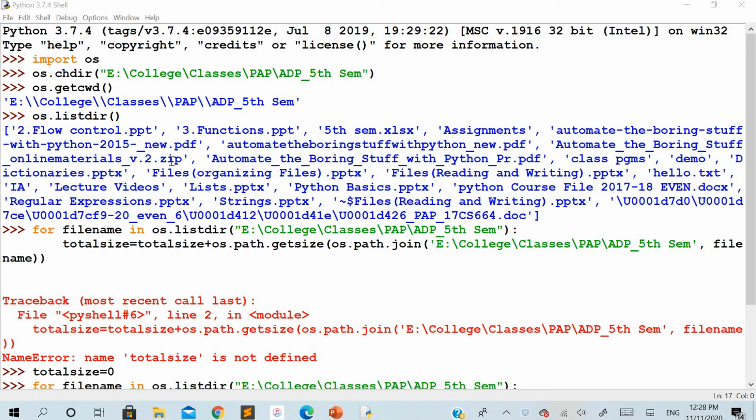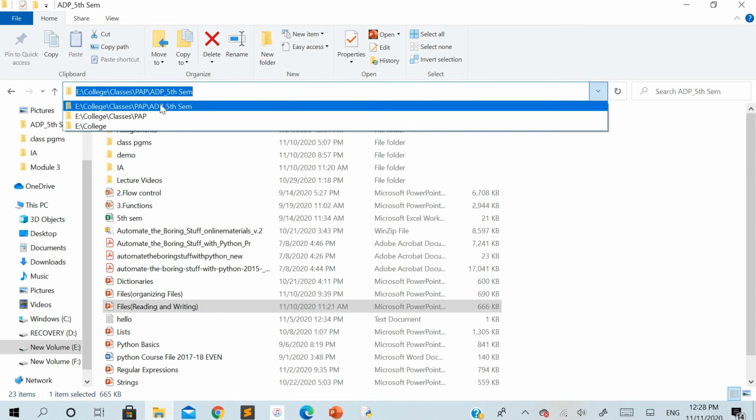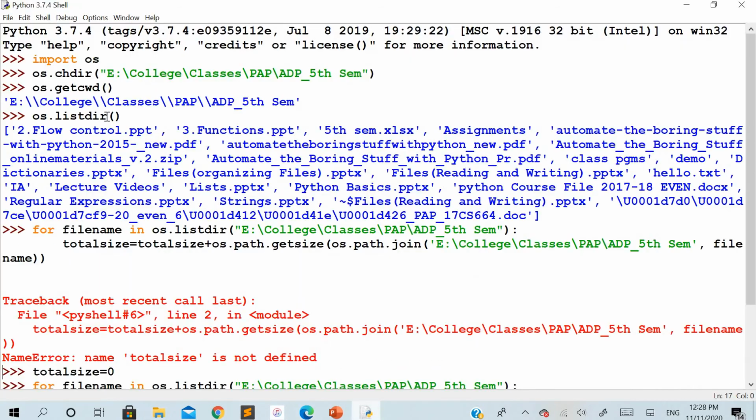as values here. But even if you want to get the contents of any other directory, you can pass the absolute path as a parameter to this method. As a result, what you are getting is all the contents in the form of a list here. If you see here, I have used this path as a parameter over there. Whatever the contents are there, all these contents are taken as a result here, right? So I hope the method listdir is clear to you.